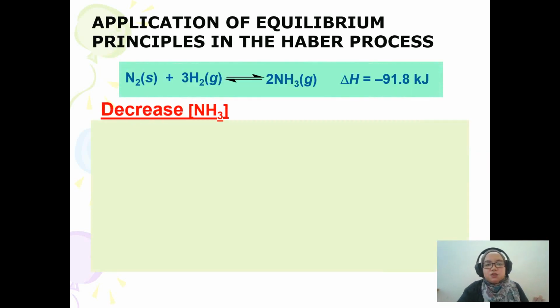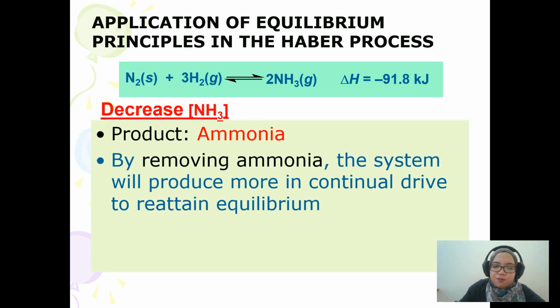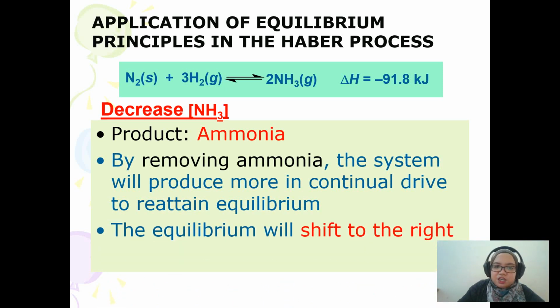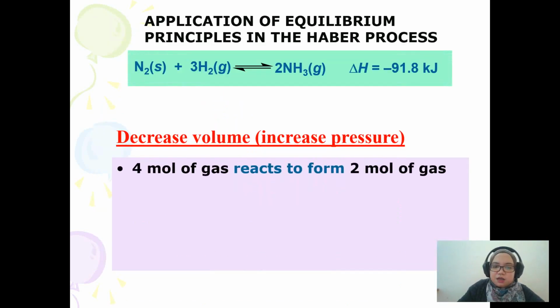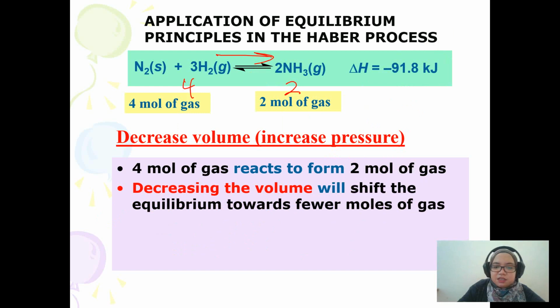Okay, so look at this one. If we decrease the NH3, okay, kita akan remove ammonia. Bila kita remove ammonia, sistem akan produce more ammonia untuk capai equilibrium state. Okay, so equilibrium akan shift to the right. Okay, kalau kita increase the pressure, kalau ni 4 moles, ini 2 mol. Sistem akan decrease pressure by shifting to the side with fewer moles of gas. Betul tak? So, decreasing the volume will shift the equilibrium towards fewer moles of gas so that it can produce